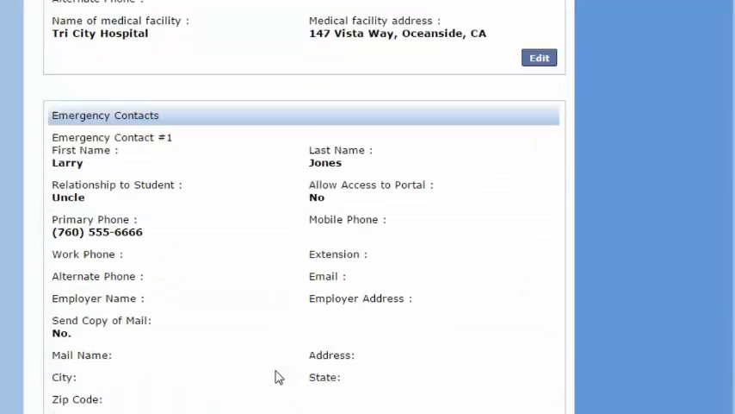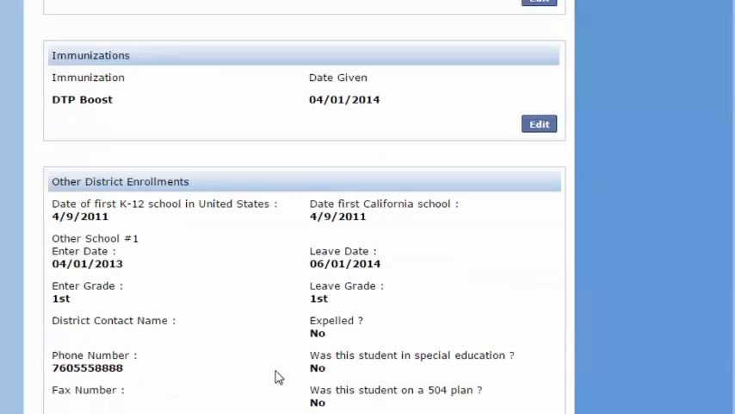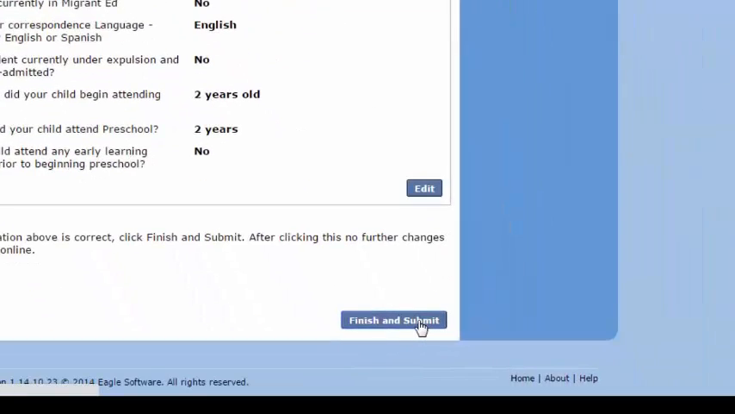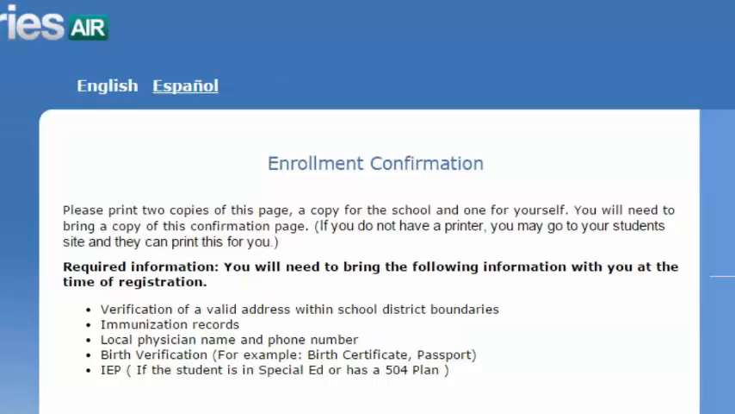When you are certain that all of this information is true, accurate, to the best of your ability, you're going to hit finish and submit. So you want to print 2 copies of this page, a copy for the school and one for yourself. If you do not have a printer, you can go to your student's site and they can print this for you. So remember, the required information you will need to bring and provide your school at time of registration is